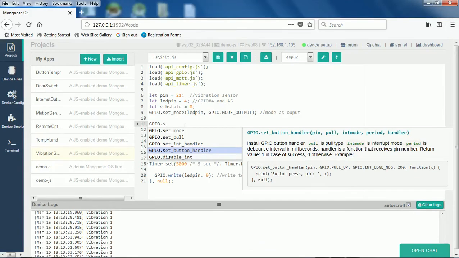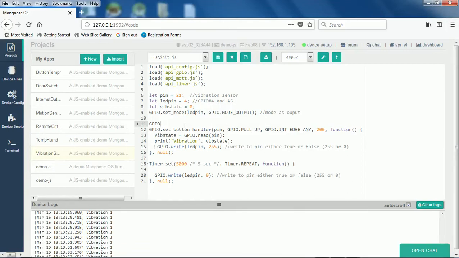So here we are using this pull up type of thing because this particular sensor we require it, because when the motion is detected or when the vibration is detected, then it is like completing the sort of a circuit. So that situation we need to handle it. So that means we initially will make it pull up, and then for any particular edge it doesn't matter. And then we are reading the state of vibration.